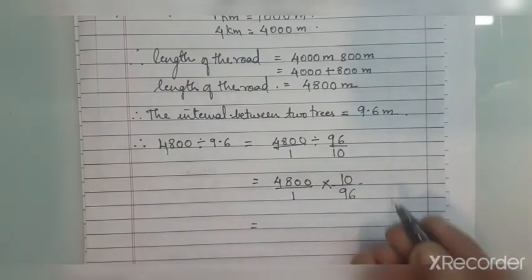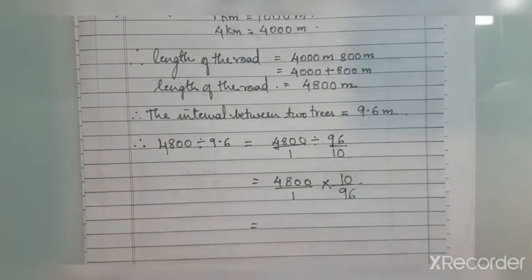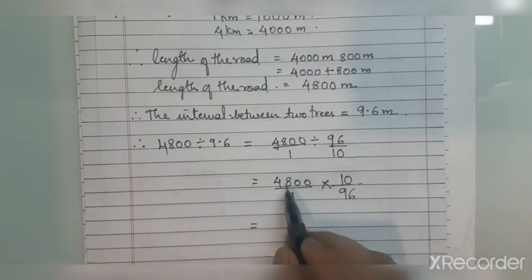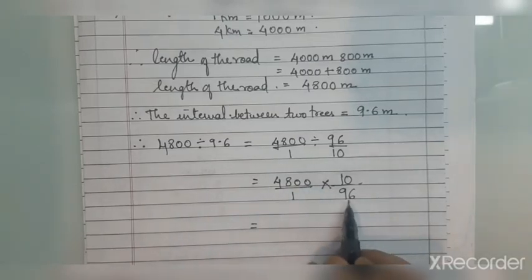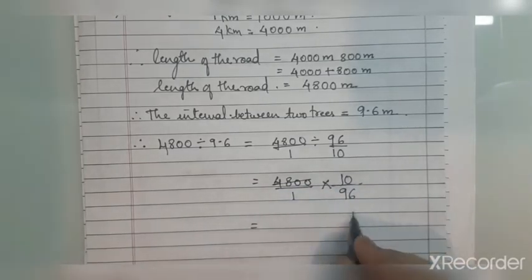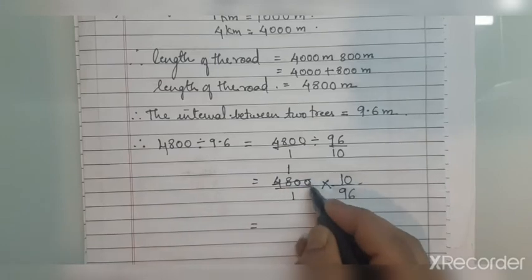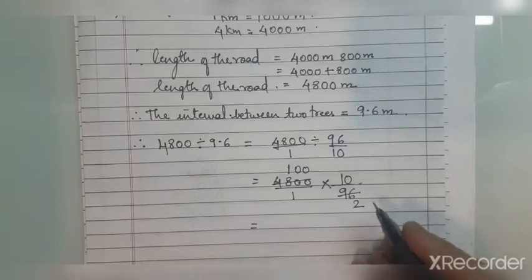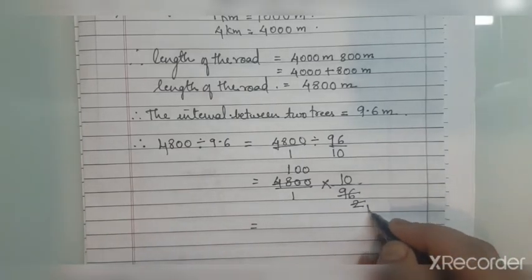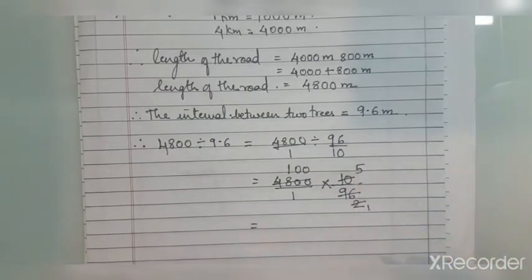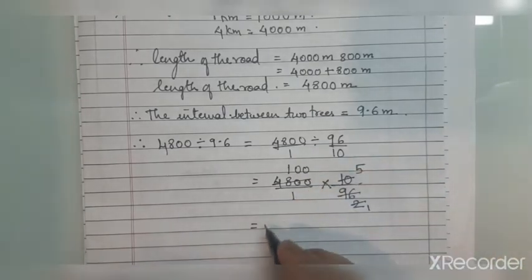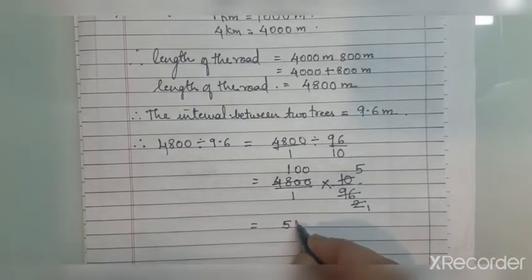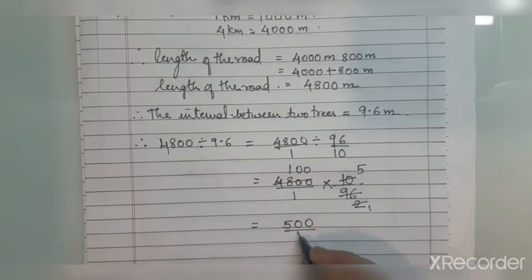Okay, now we have to calculate this. Clear? So 48 ones are 48 and 48 twos are 96. Here we can do this calculation: 48 ones are 48 and these 2 zeros are there, and 48 twos are 96. Now again, 2 ones are 2 and 2 fives are 10. In this way we can do this simple calculation. So 100 into 5 is 500. 1 ones are 1. So the final answer is 500.